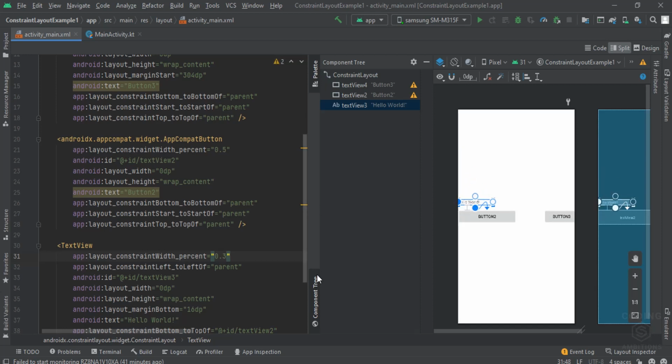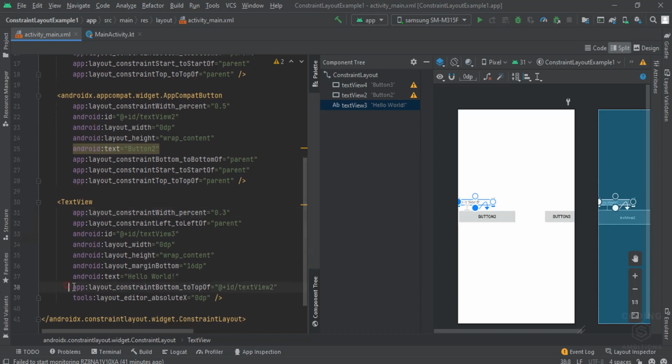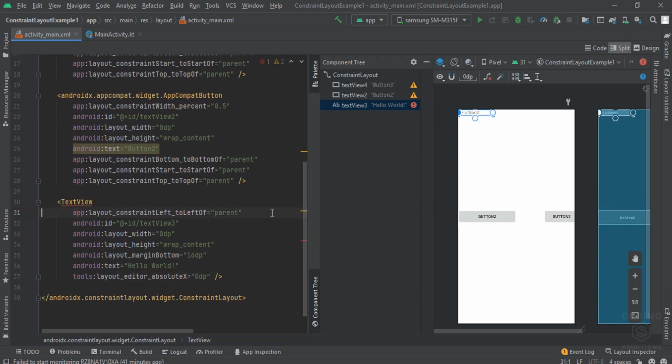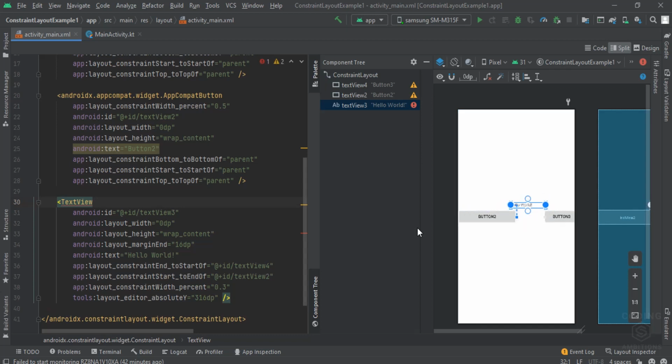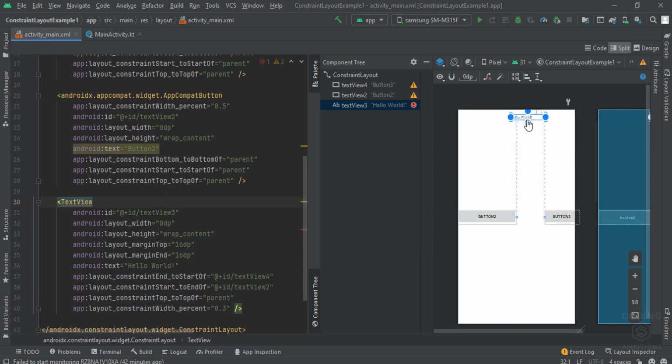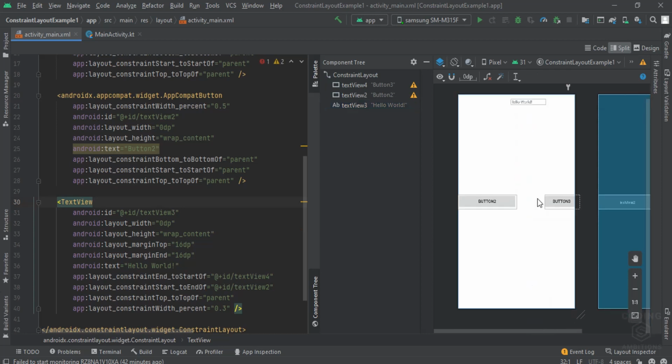And now let's remove the constraint of this one, first of all. Now we will align the constraint of this one to here and to here, top with respect to the top of the parent, bottom with respect to the bottom of the parent, for aligning it in the center.